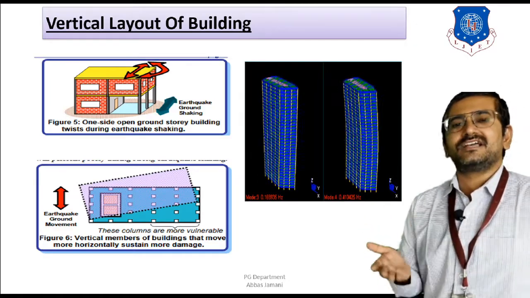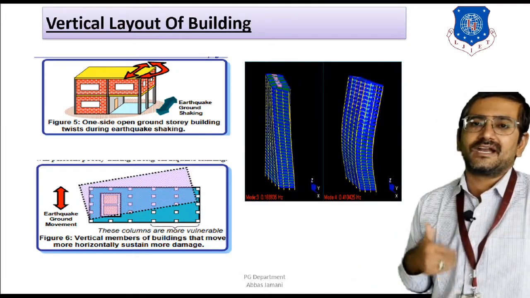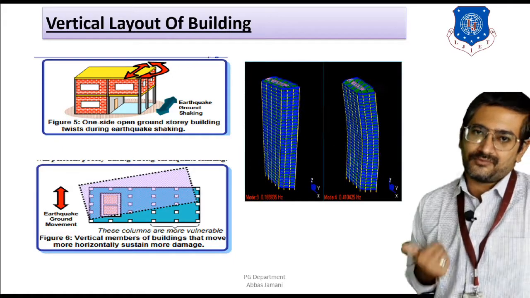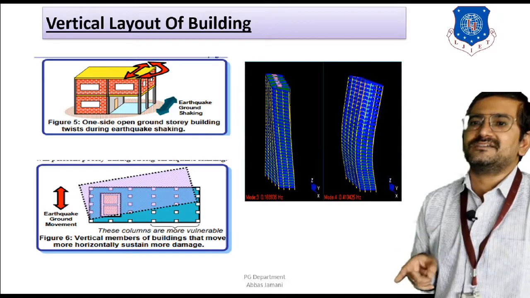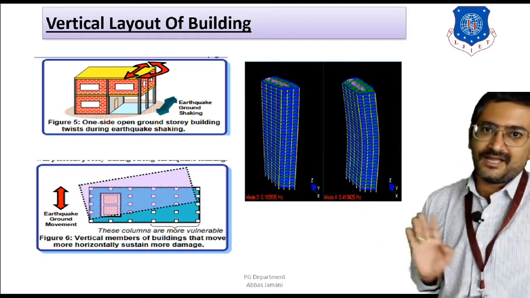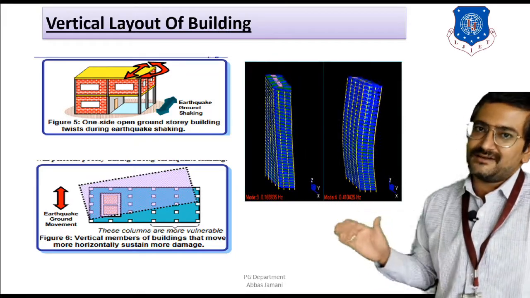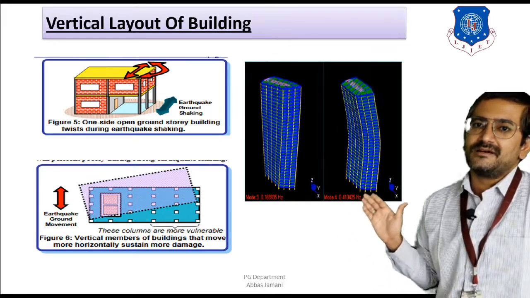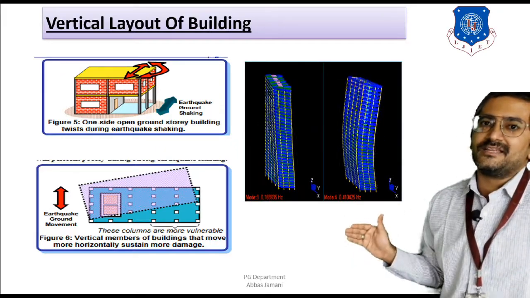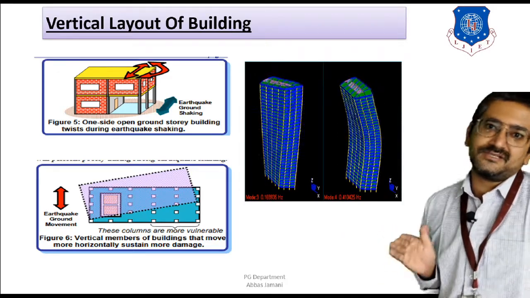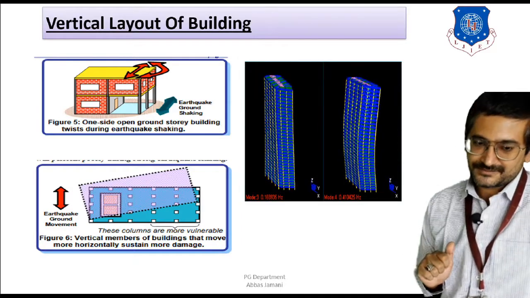From a functional point of view, it is okay that the movement is facilitated, but from the strength point of view, it is going to be problematic. Why? Because the lateral strength at the ground floor is going to be almost negligible as compared to that of the first floor. As a result, when you take into consideration the clause of weak story, this particular building will fall under the category of either soft story or weak story. And when these buildings are subjected to lateral forces, the performance of the building is going to be detrimental, right?